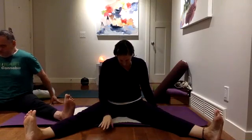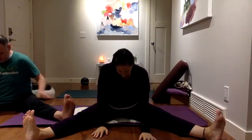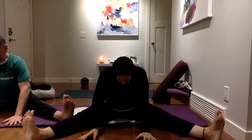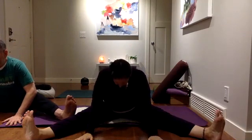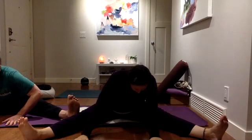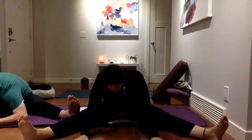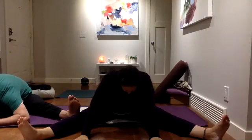So once you're there and you're comfortable, just let your head start to drop. And that's going to just bring you into this forward movement. Your hands will start to come in and just maybe walk you forward or just support you. And then just find that place again. And if you feel like you want to move a little bit side to side, then go ahead and do that. It's just releasing